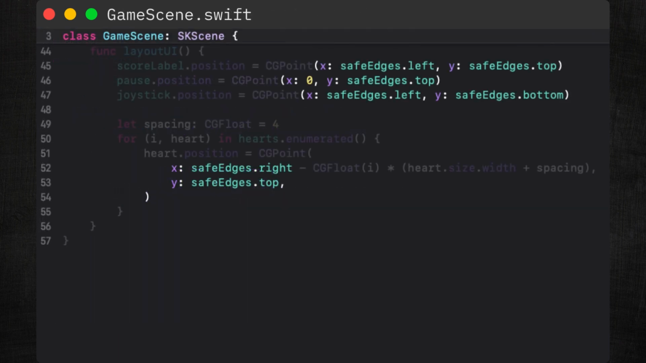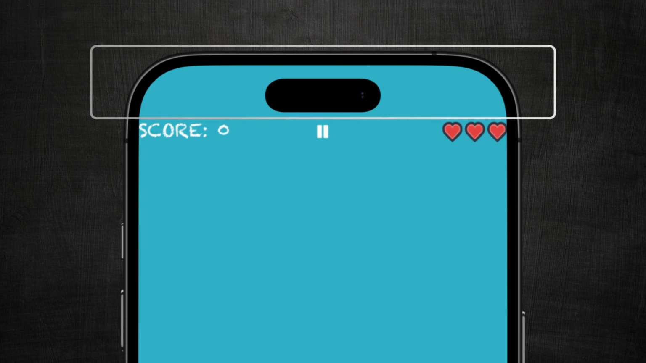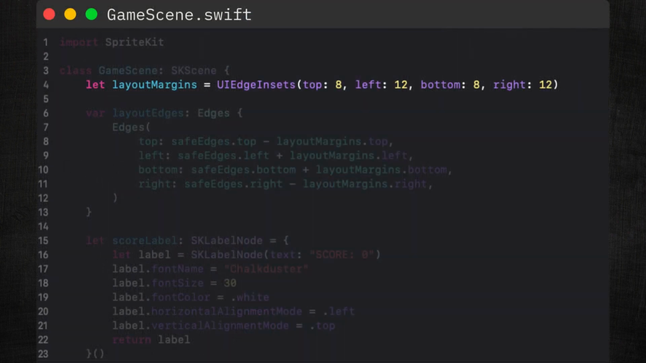edges. Now, when we run the app with safe edges, you can see that all the top nodes are nicely positioned below the dynamic island, and the virtual controller sits comfortably above the home indicator. Everything is fully visible and no longer overlaps system areas. To make the layout look even nicer, we could also add some custom margins. That way, the UI won't sit right at the very edge of the safe area, and it will have a little breathing room. In GameScene, we create a layoutMargins property with a small inset for each side, top,